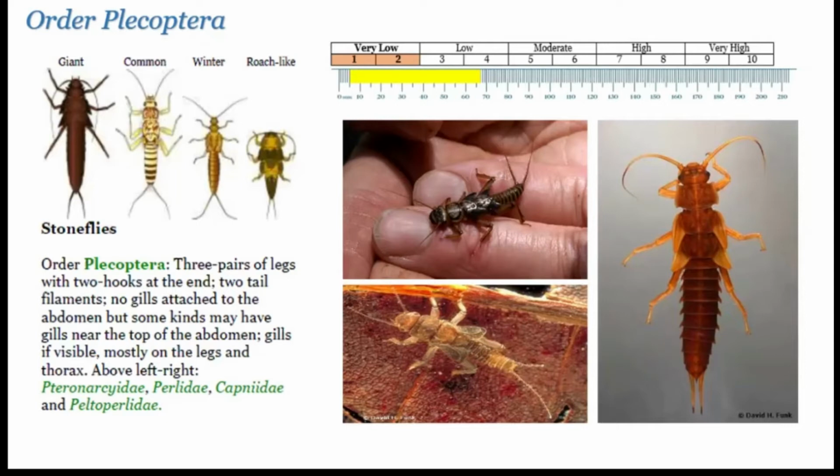A little tidbit about stoneflies once you catch them. Again, they'll move around real slowly in your pan, and they'll do something that looks like a push-up. And so they will move their body up and down. And what's happening is they're trying to move water across their body and across their gills to obtain oxygen, because that oxygen in that pan may be lowering a little bit. So they tend to do push-ups to help them breathe.